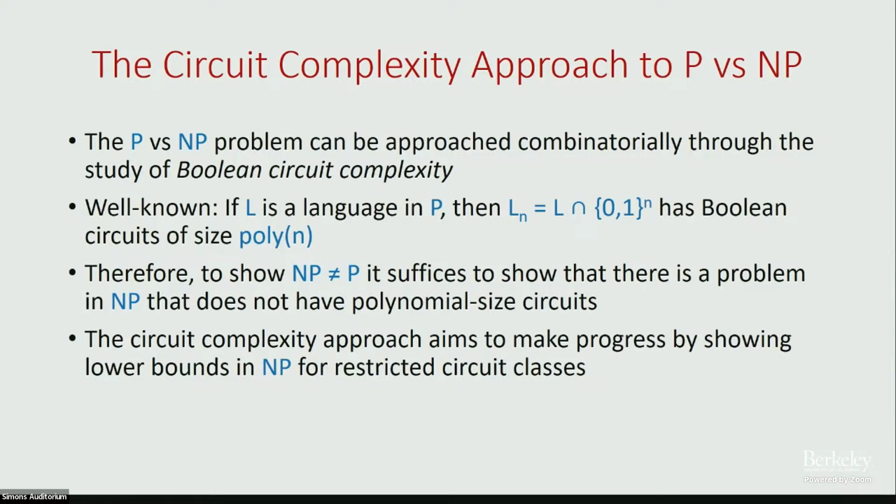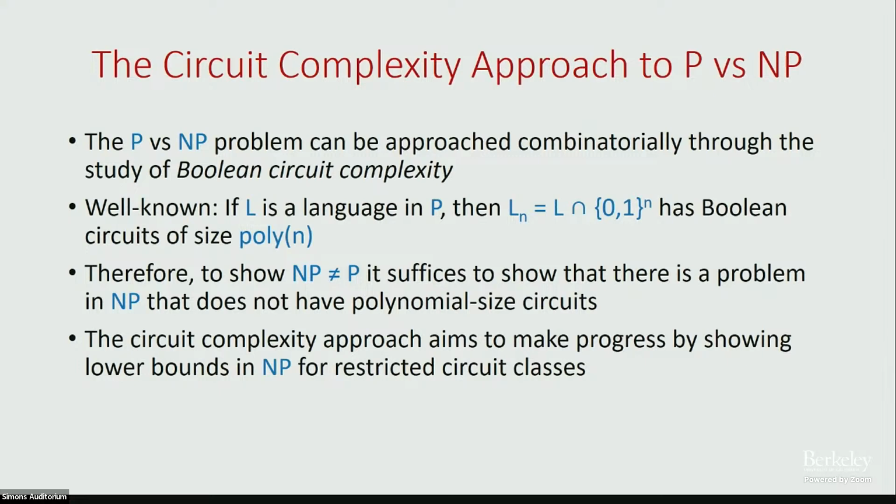That's a very large string. And a Boolean circuit of polynomial size is a much smaller object. So intuitively, you're asking whether these 2 to the n length truth tables can be compressed. That's what it means to have a small circuit, right? It's well known that if a language is in polynomial time, then the finite portions of it